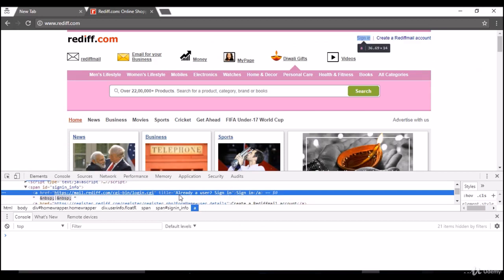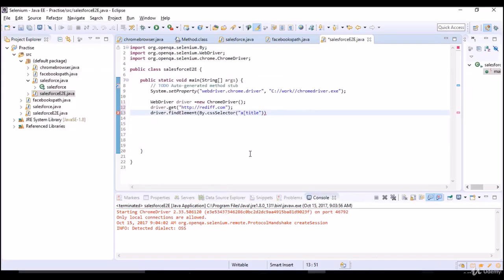If you want to use a regular expression for the title attribute, you need not write all this text, already a user, question mark, sign in. One subtext is enough to identify it uniquely. Okay, so let me take this, sign in. This sounds like a unique thing, right? So what I'll do: star equals to sign in. That's all.